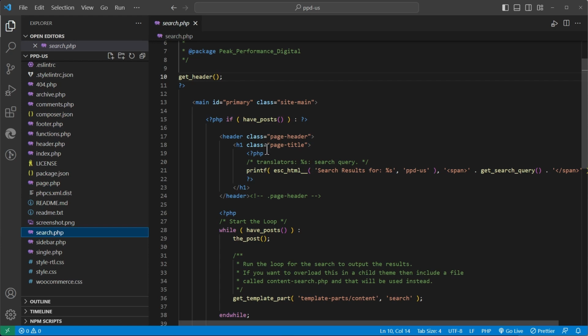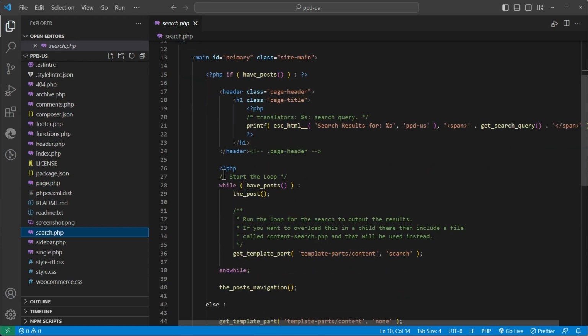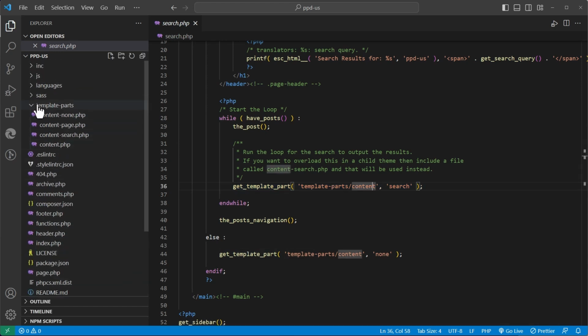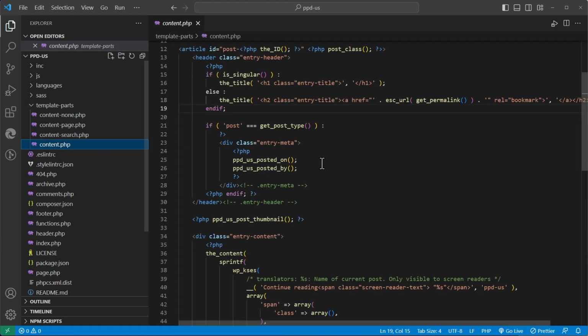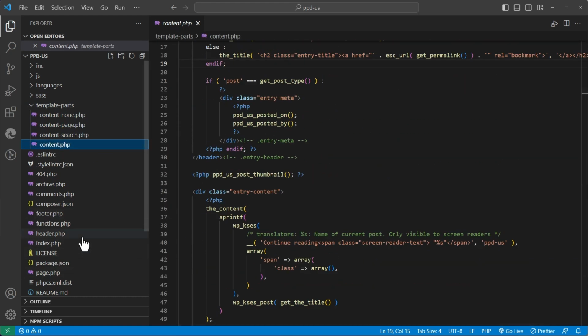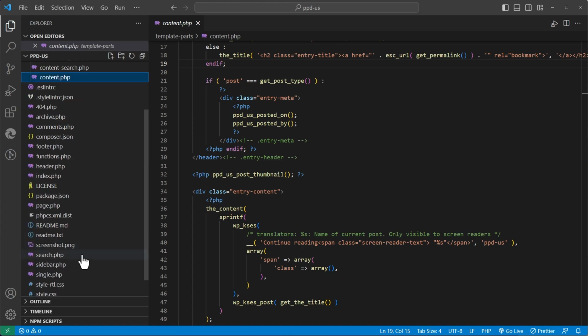Then we come down here and we do some stuff. Then we come down here to the loop, which we'll talk about in a little bit. And inside of that, we're going to get template parts for content. And if we look inside template parts, that's going to be usually in a template-parts folder. On block themes, it's just going to be called template. And we look at that content.php, and this is what's going to display the content of that page. Coming back to our search.php,